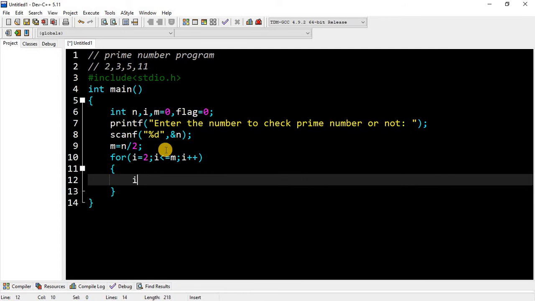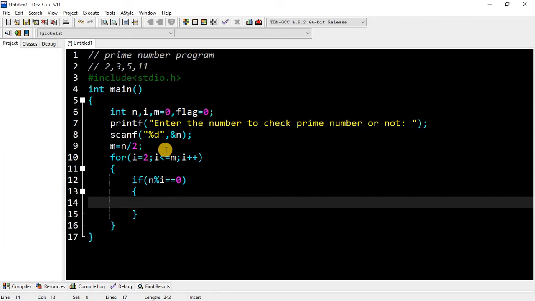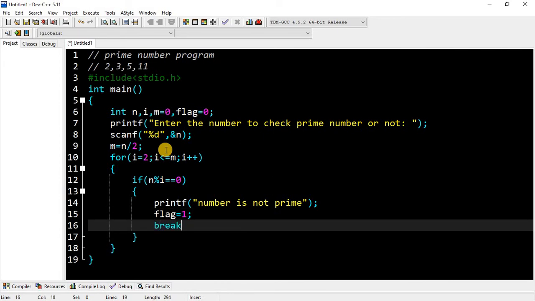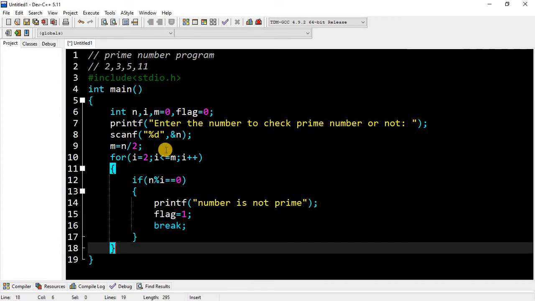If n percent i is equal to 0, then it will printf number is not prime, and we will set flag as 1 and use a break statement, and then we will go to the next condition.